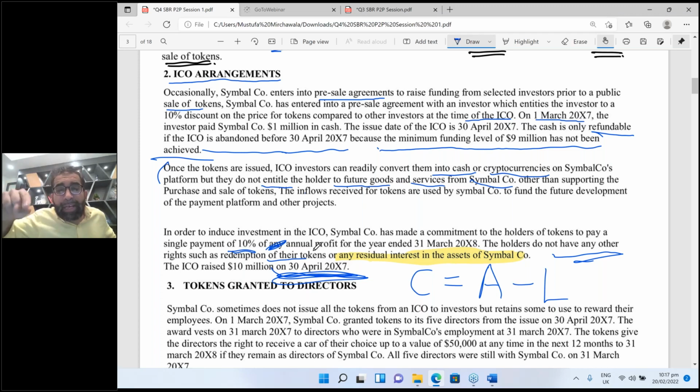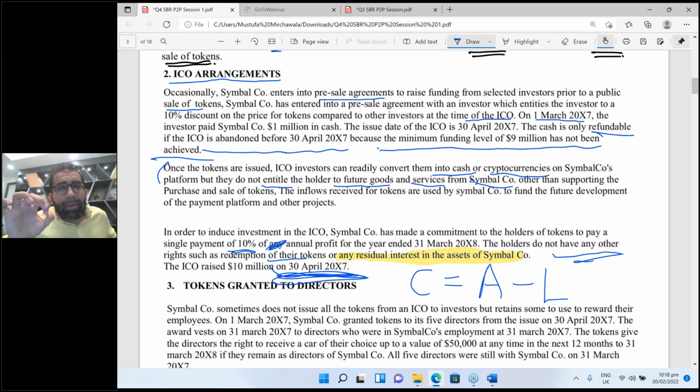You forgot. Before the break, when I was telling you the article thing, remember, I was giving you a reference of an article. What is the difference between IPO and ICO? In IPO, when you issue shares, you give residual interest of the asset, you give equity rights, you give ownership interest. So when you give ownership interest, there is detailed investigation by SECP and all. But in ICO, there is no ownership interest and there is no redemption right.